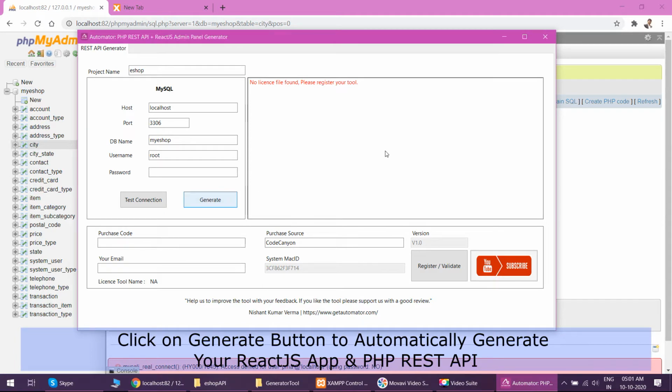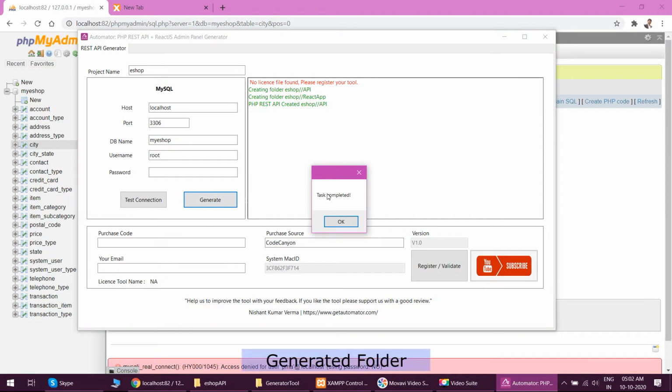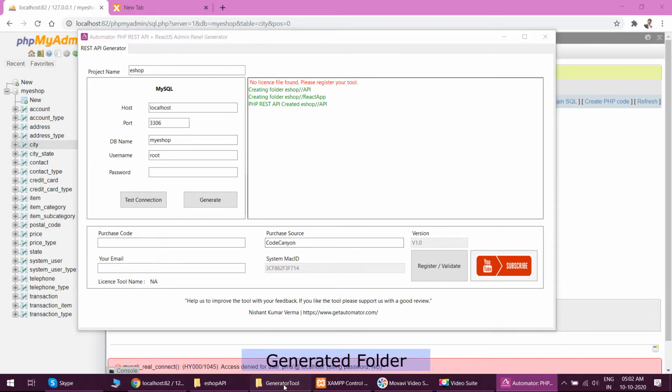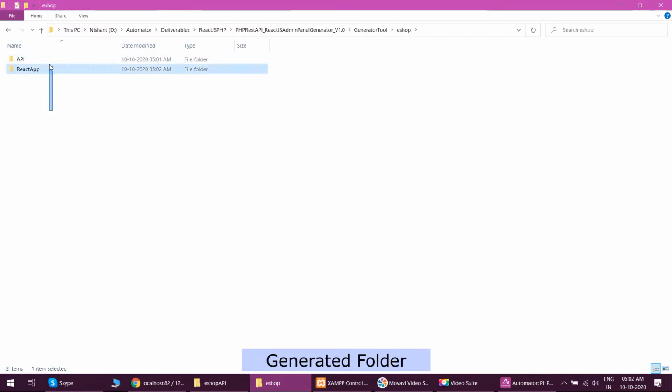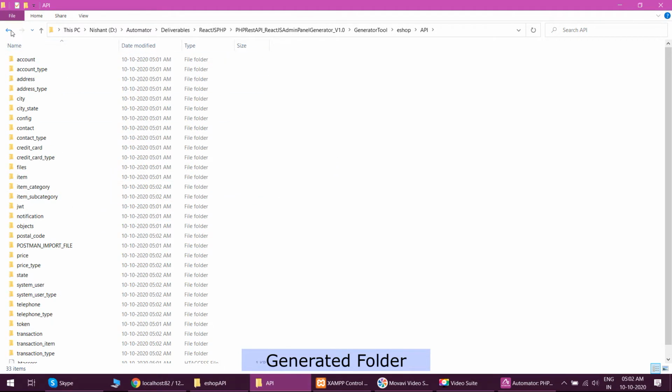It will take some time to analyze your database and it will generate two folders, one with the API and one with React.js. You can see both folders, API and React.js, are generated in the ESOP folder in the same directory where your tool is. So this was the generation part.